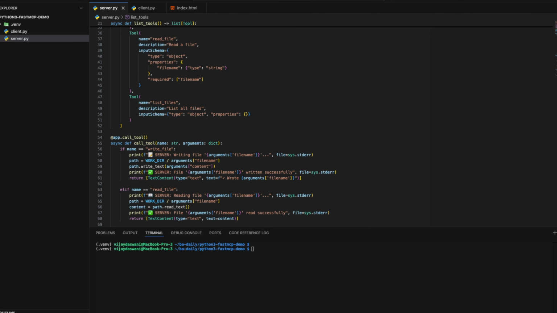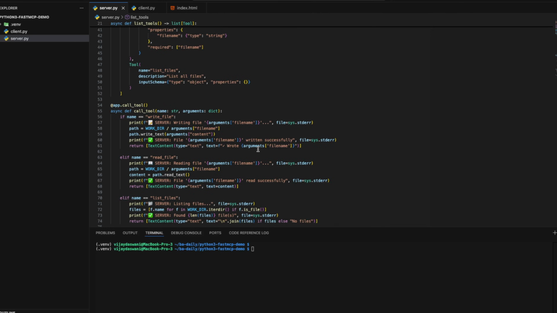If the tool is write file, we print a log to stdio, write the file into the MCP workspace, and return a simple text response like wrote file name. If it's read file, we open the file from the MCP workspace and return its contents. And if it is list files, we scan the directory and return the list of files as a newline separated string. All tool outputs are wrapped in text content, which MCP uses to send the text result back to the